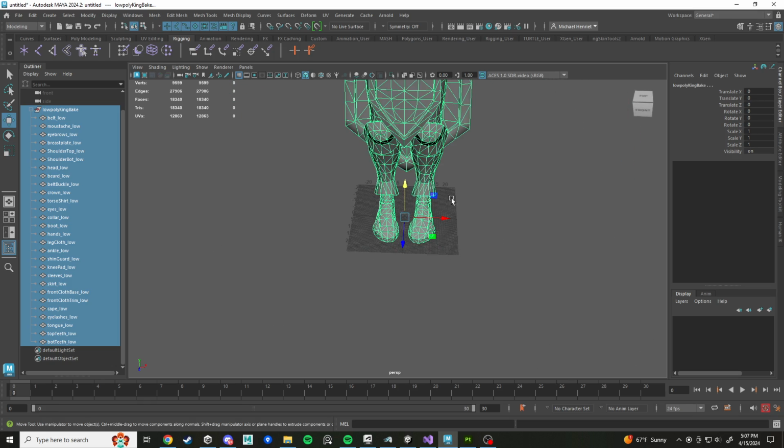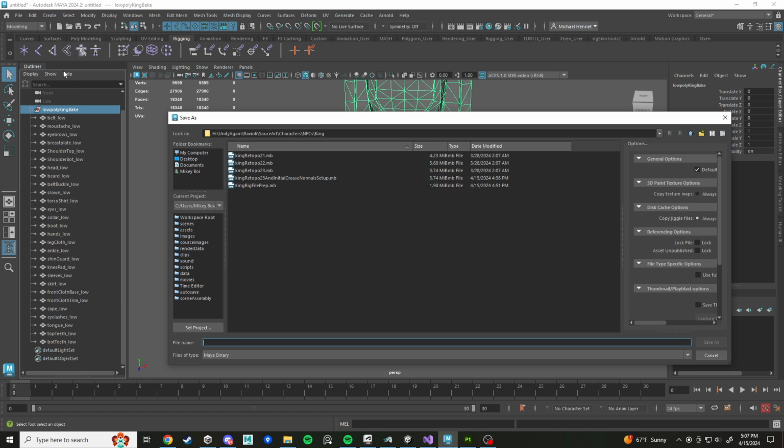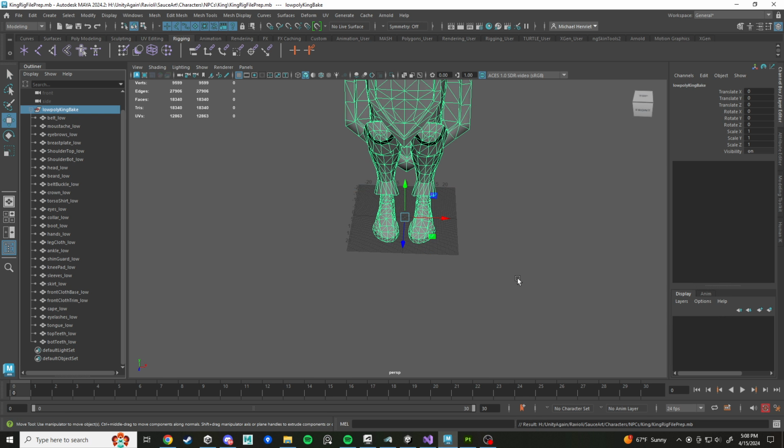So freeze transformations, delete all by type history, and then we can save scene as, and I'm gonna save this as King Rig File Prep, because I want to be very clear on every stage of this what we're doing. Rigging can be complex, okay? So next up,